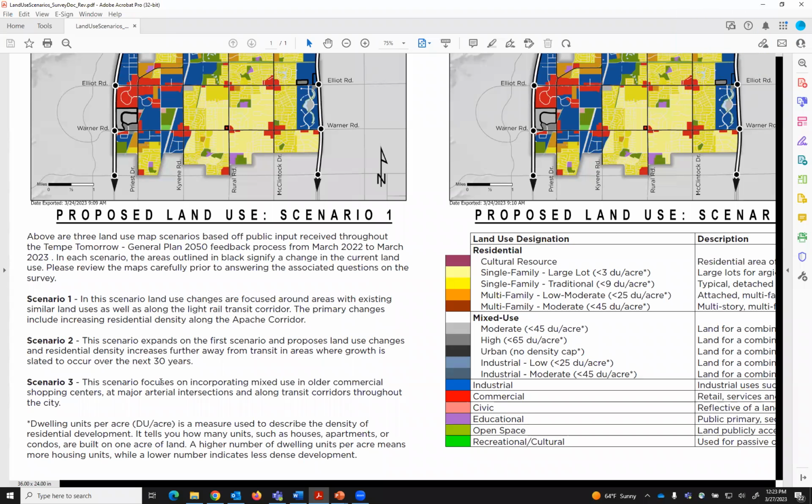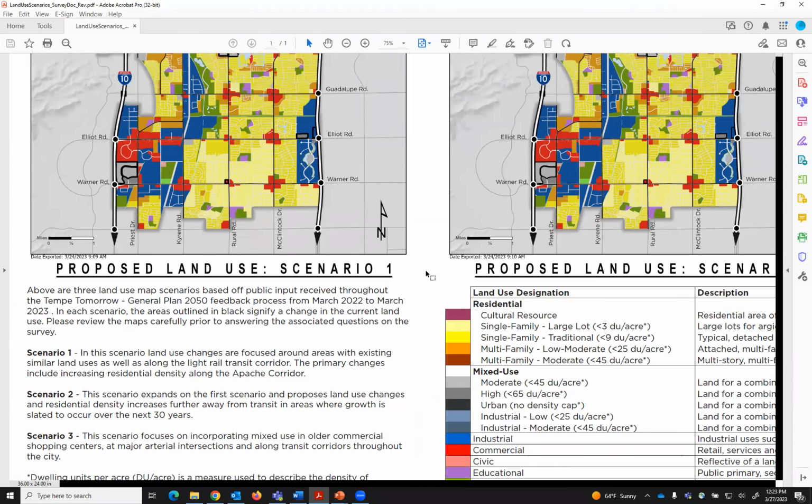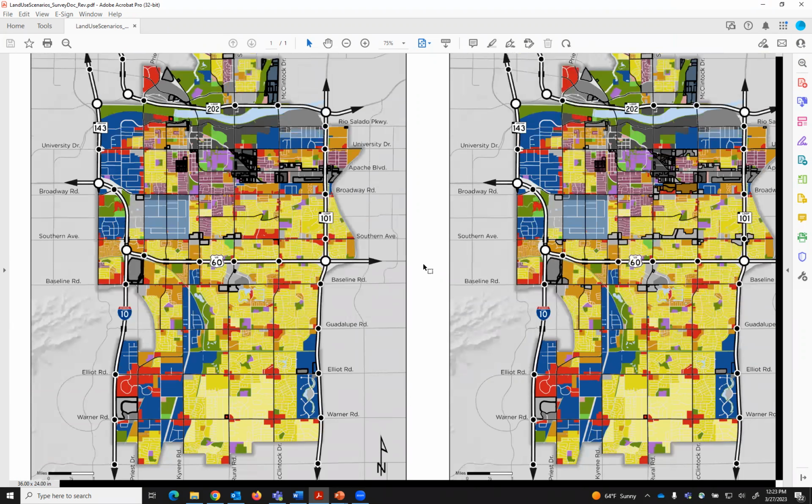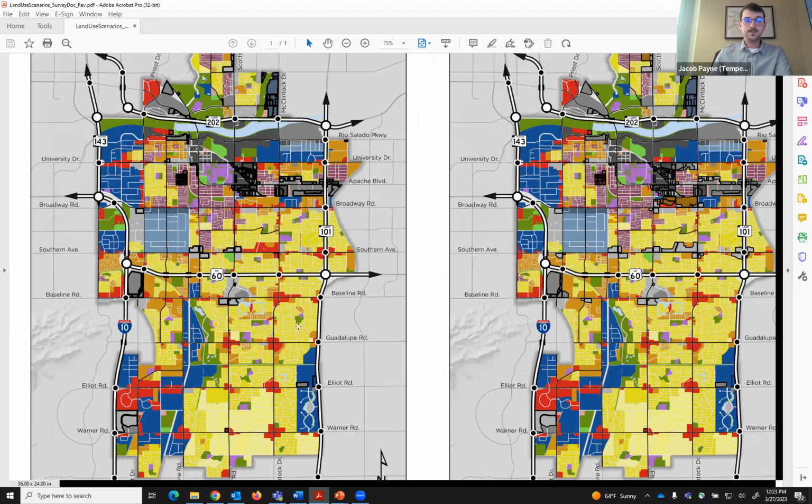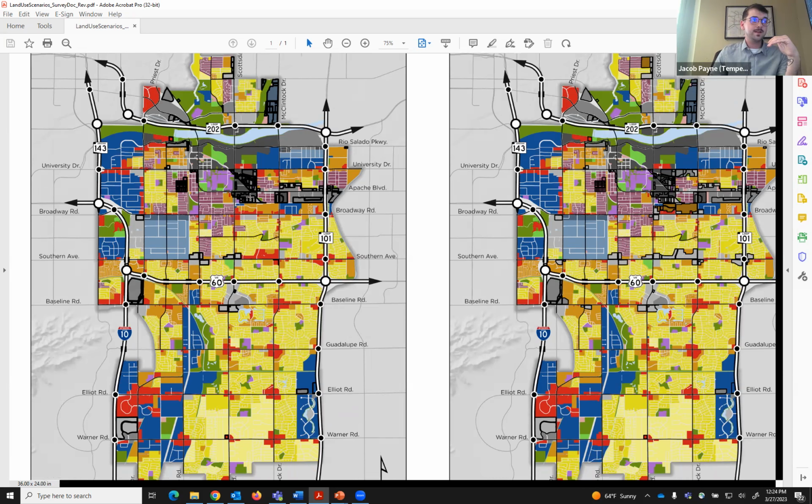Jacob, could you just walk through the scenarios again, looking at one map at a time? It was really hard to understand the differences when you were talking about them, looking at 3 of them so small. Sure. Yeah, I can do that. So I'll start again from reading what I had written about the scenarios and explaining them. So we'll start here on the right. This one is scenario 1. I'm going to have to cut off a little bit at the top and bottom, just know that there's no changes over there.